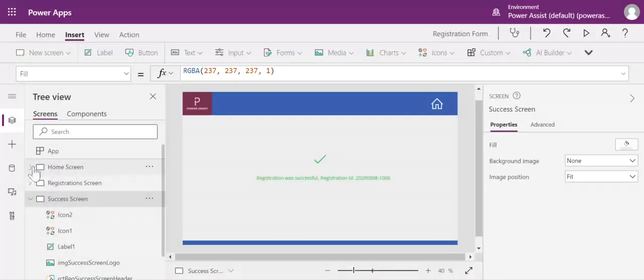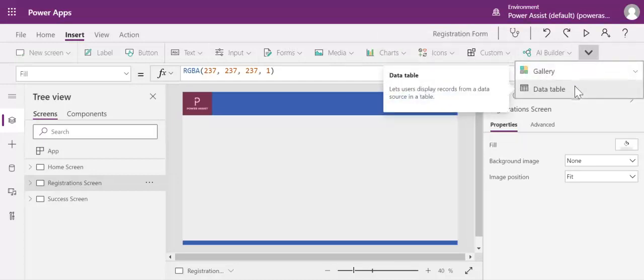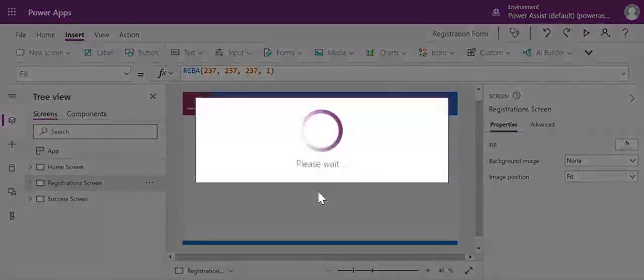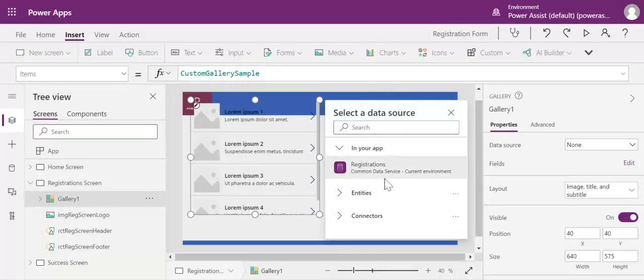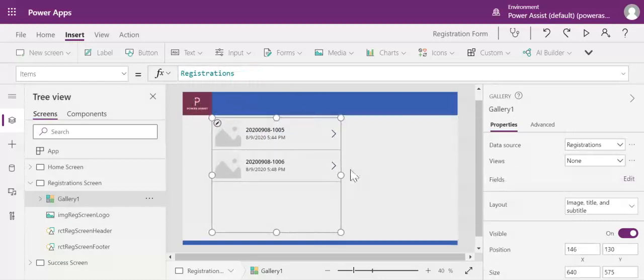And let us see how to show the list of registrations available. For that, we have two options in order to show the data in a table. One is gallery, one is data table. I am going to choose gallery, and I am selecting the data source, or items, for this gallery as registrations.